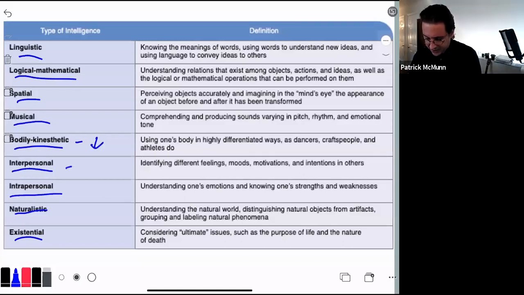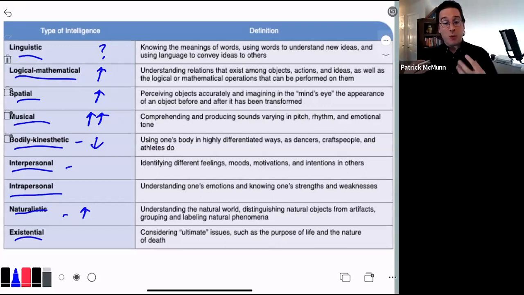I don't know much about his interpersonal or intrapersonal skills. Naturalistic, he may have a worldly knowledge because he's probably been around, but music, we're going to see him really high on music, right? Very high on music. Spatial, probably very high, because you have to be aware of how certain physics work to make music, right? Logical and mathematical, I could probably say high. And again, I don't know much about his linguistic skills, so I'm going to just keep a question mark for that. But what this is showing is that we can see intelligence, especially using the example of Yo-Yo